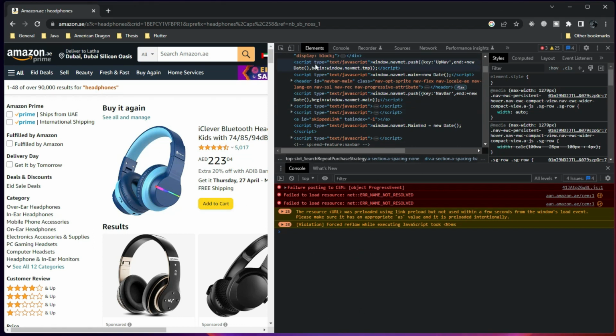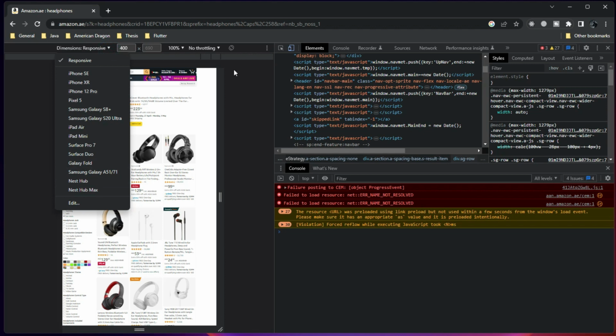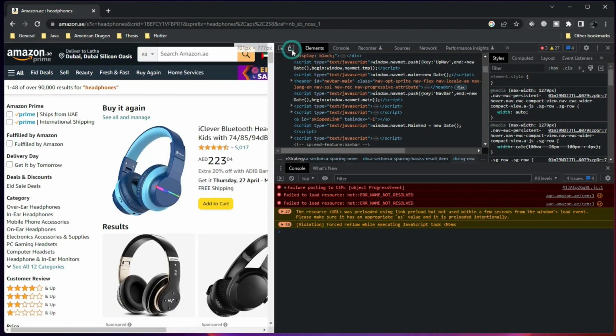Now, first thing here, when you open up your inspection window, you have two items here. One is for selecting the elements, and the other is for making your website mobile friendly, or changing the dimensions of the window to see how it will look on a mobile, a tablet, or other devices. You can select the device here, but our focus is not mobile devices. Our focus is only the desktop and browser version. So let it be like this, and press this button, which will give you the ability to select a particular